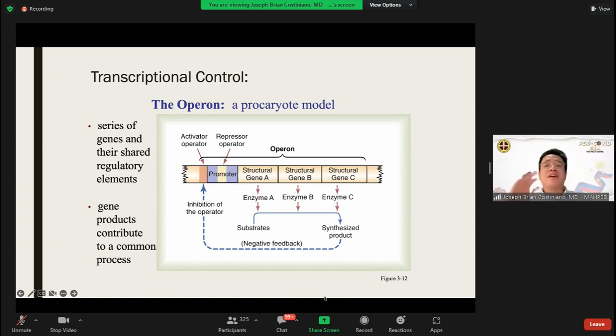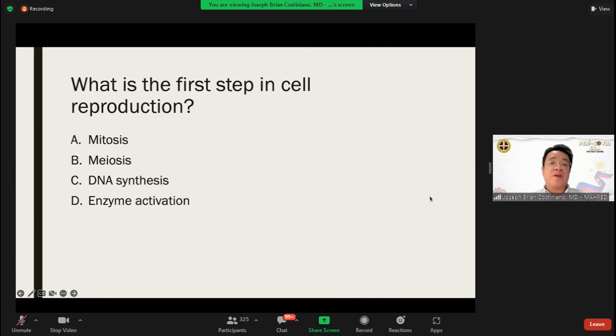That's really all the operon is, what it means. Through your operon and your structural genes, it will produce specific substrates and products which will in turn tell your operon, hey, stop doing that. I'm okay already. Repress that. Inhibit that. Or it will also activate. Okay? So that's really all that an operon means.